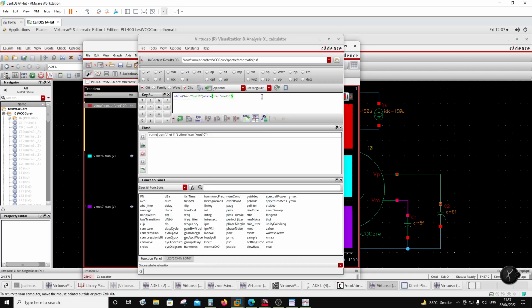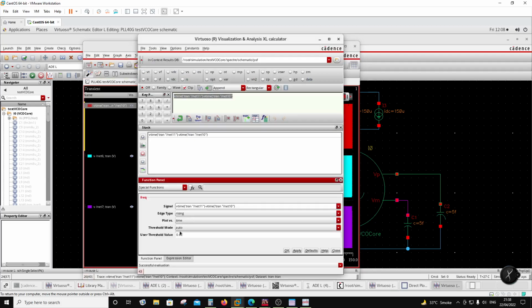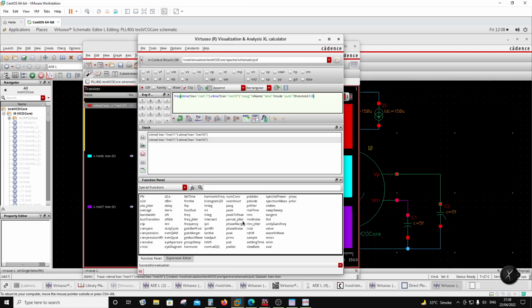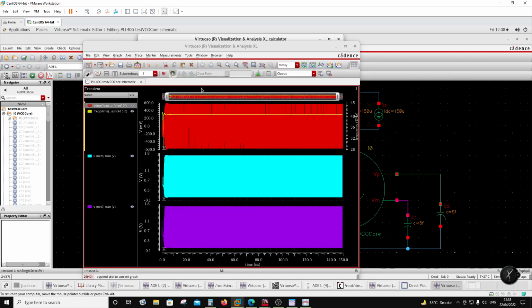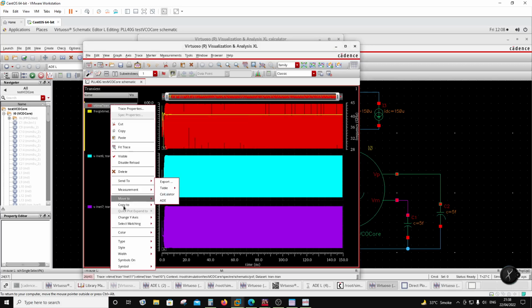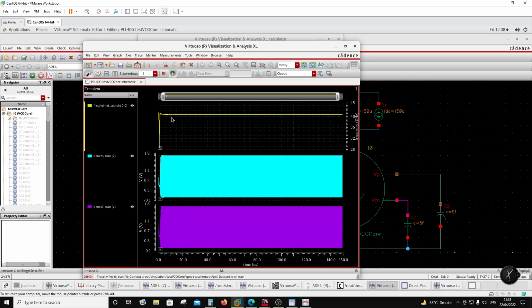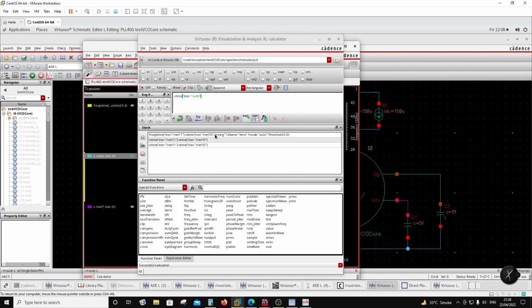Then I can go back to the calculator, take this, look at the frequency of this, and say okay, and say plot. So that's the frequency, right? So I can get rid of even this one. Delete this. Okay, so same thing I'm going to do for this one. So I'm going to take this one to this. This is basically 6 minus 7, right? So I'm going to say minus, sorry,